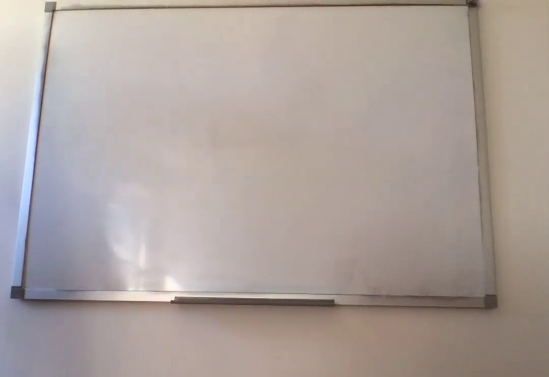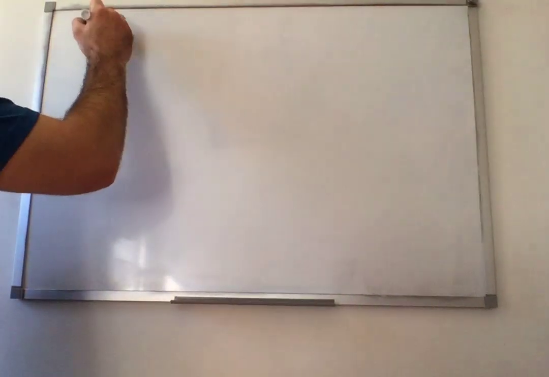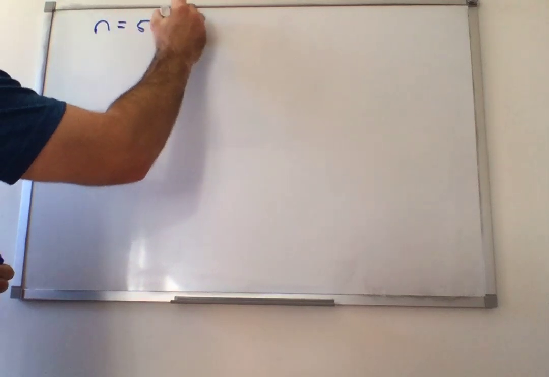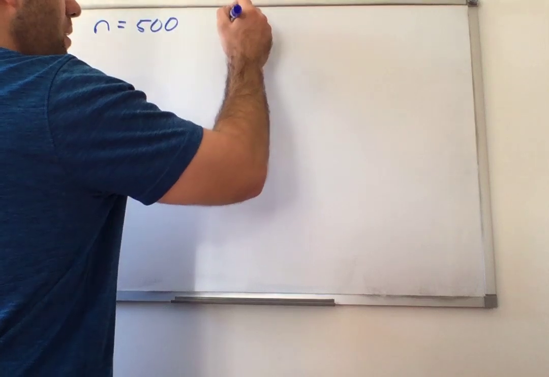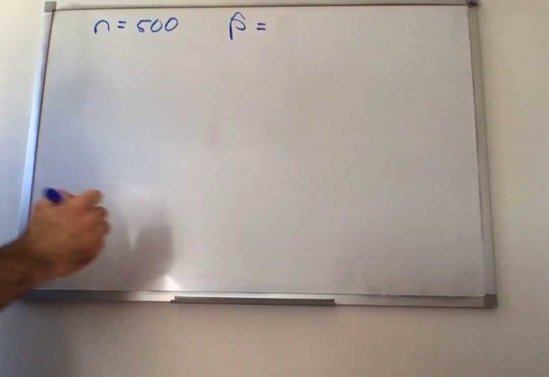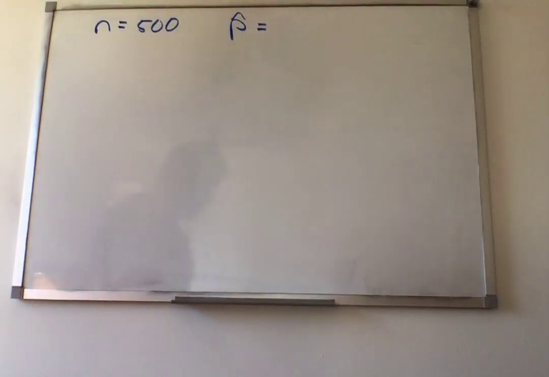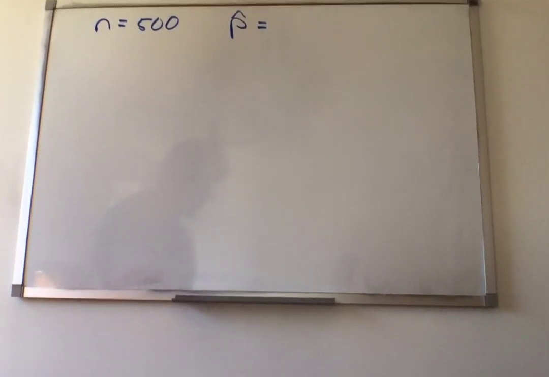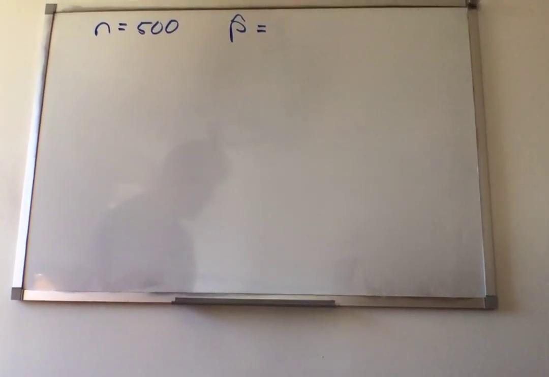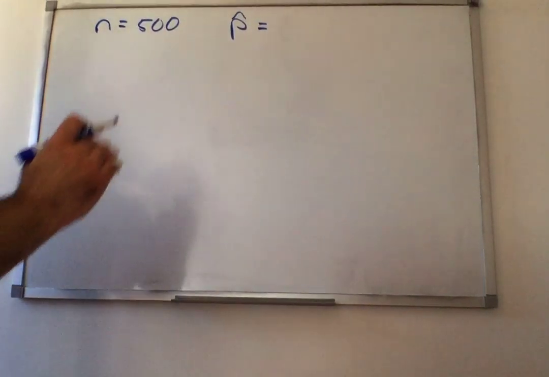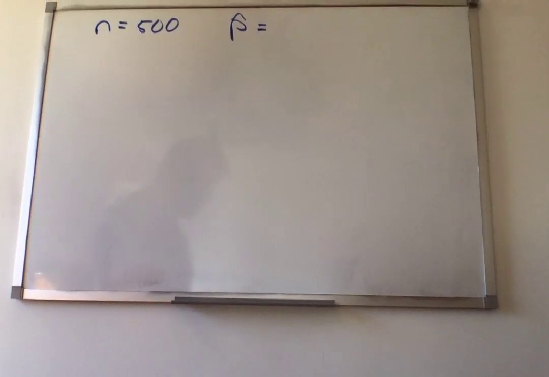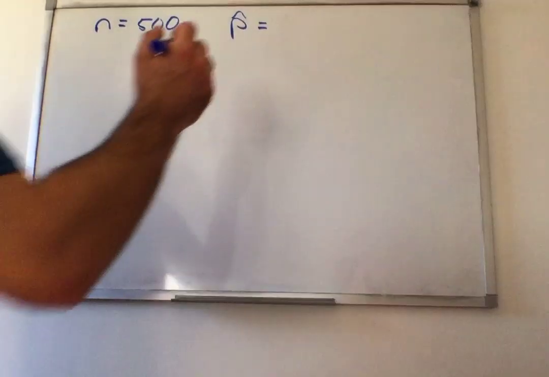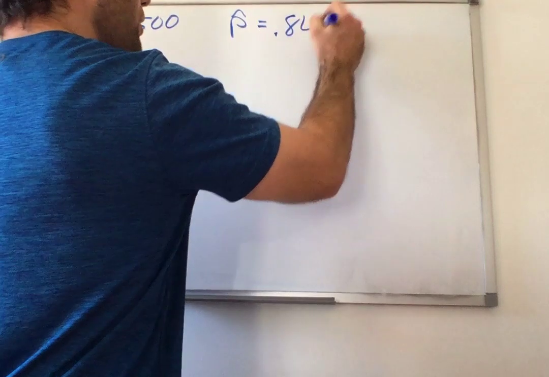What they could have done instead on this problem, they could have said in a survey of 500 people, the proportion of people who own a cell phone in this city, say it's equal to, now we had 0.842, and if we multiply that by 500, so 0.842,